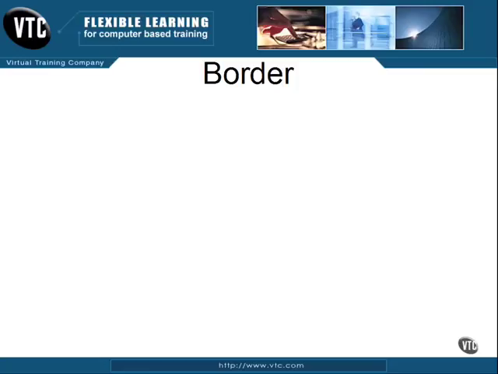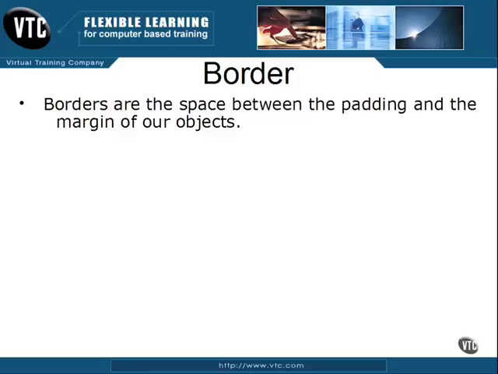In this movie, we investigate our border options. Now, as established in a previous movie, borders are the space between the padding and the margin of our objects. Now, for borders, we're actually going to have more options than we've had previously with our padding. However, there will be something in common with padding, and that is we have a shorthand method to write our